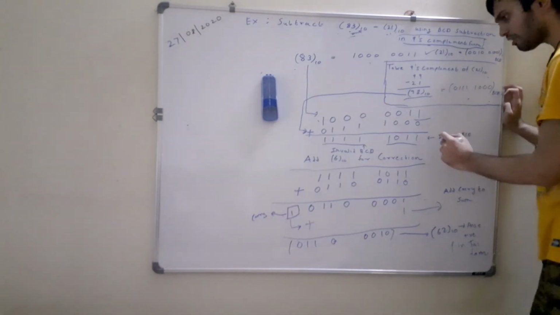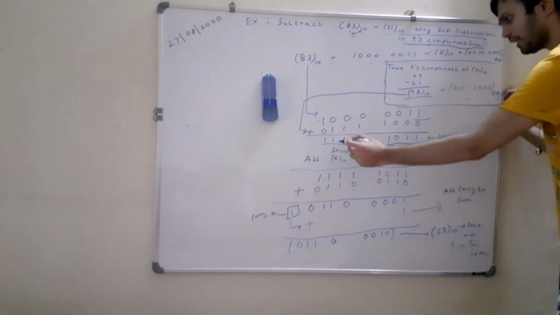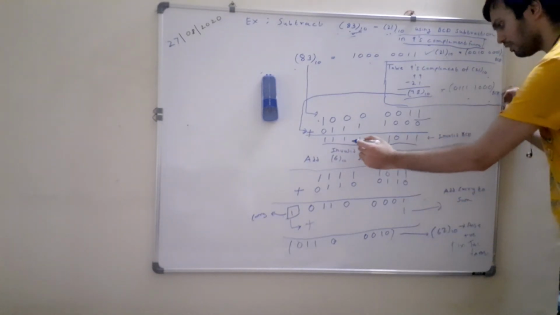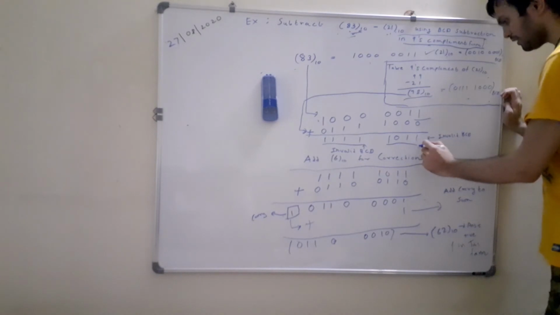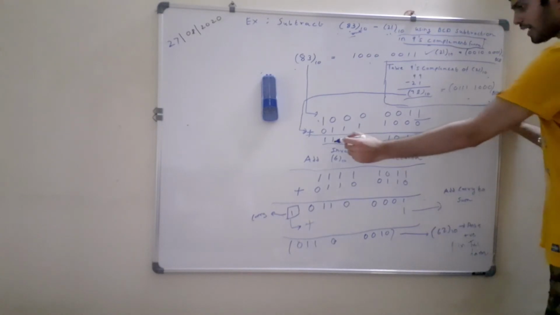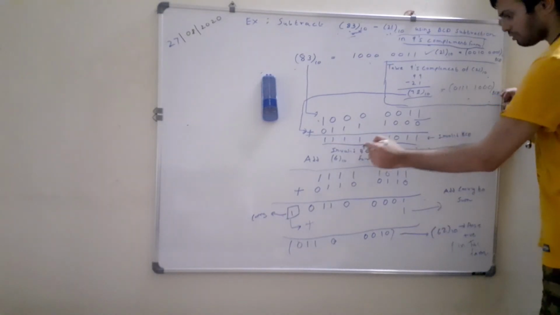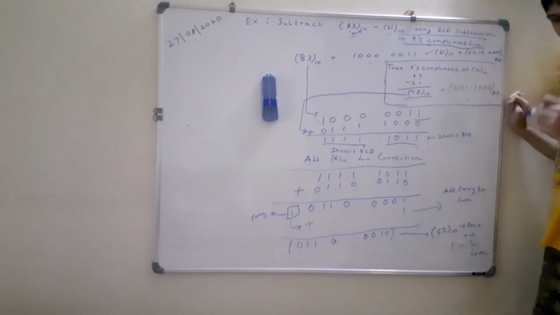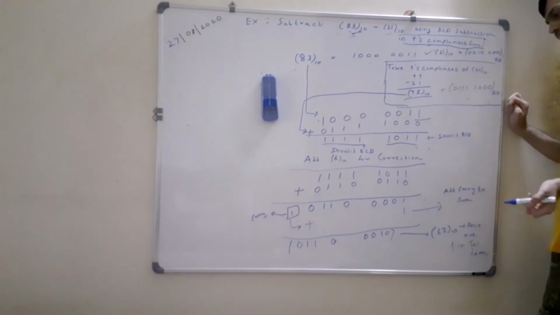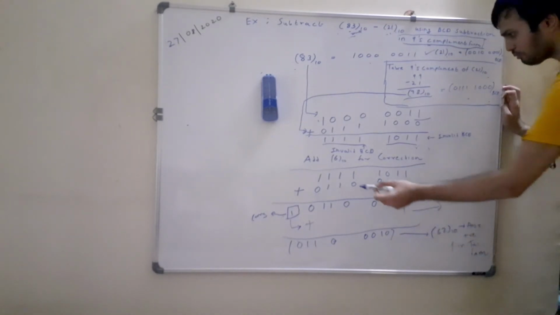So after addition of these two quantities, we get these numbers, that is 1111 1011. But remember, BCD numbers are in groups of 4 bits. So this 1011 is also an invalid BCD number, and this 1111 is also an invalid BCD number. Now as per the rules of BCD addition, whenever we get an invalid BCD number, we add 6 to the number. So individually we will add.